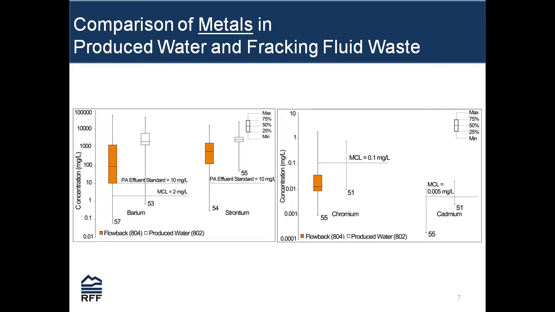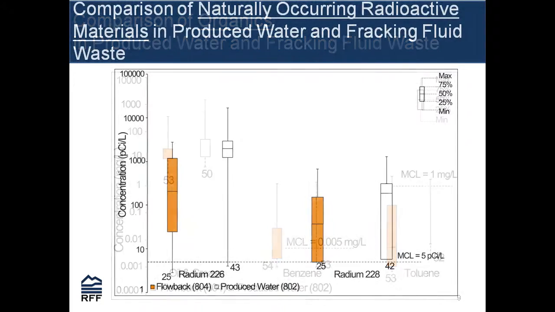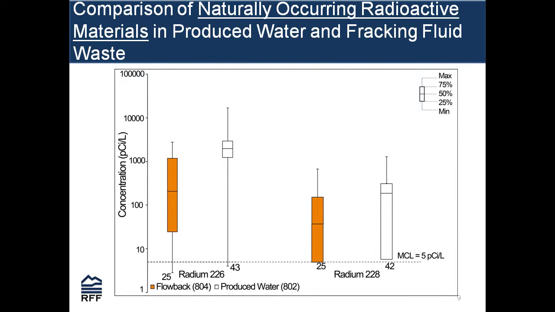and you'll have access to the slides, whether it's chromium, cadmium, strontium, some of the hydrocarbons, the organics like benzene, toluene, oil and grease, and some of the norms, the radioactive materials. There's really a lot of heterogeneity in these liquid wastes. The mean measurement is very far under even drinking water standards, let alone effluent standards. Sometimes it's quite far above. It depends on the chemical, and there's a lot of heterogeneity for a given chemical across